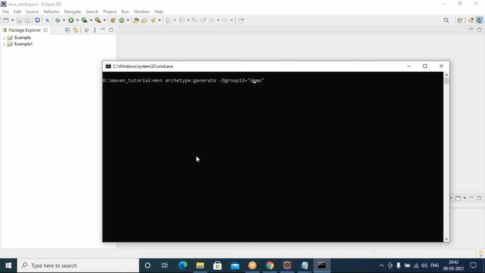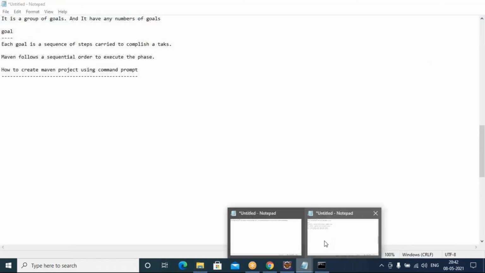I'm giving something like demo. Then I'll specify the artifact ID, which will be the name of your project, so I'm taking demo project. Group ID, artifact ID, and now the important point: you need to provide the archetype for your project.